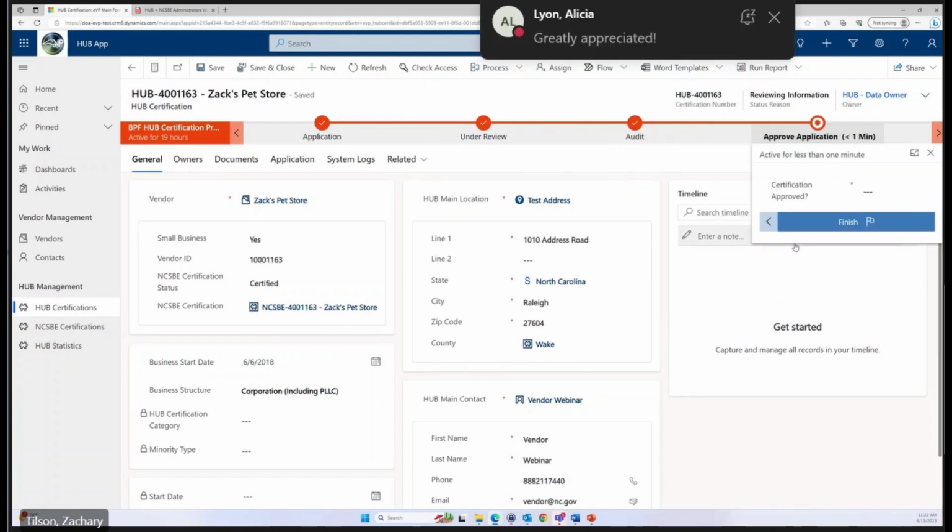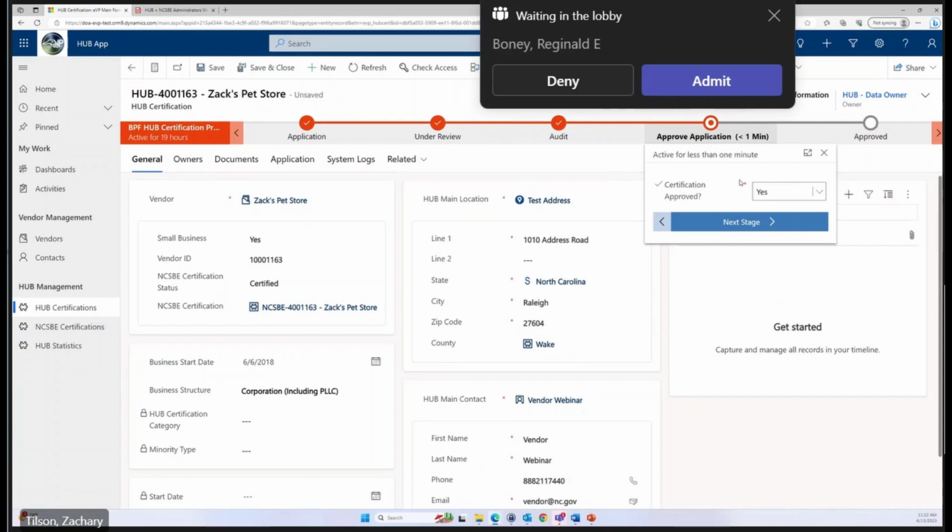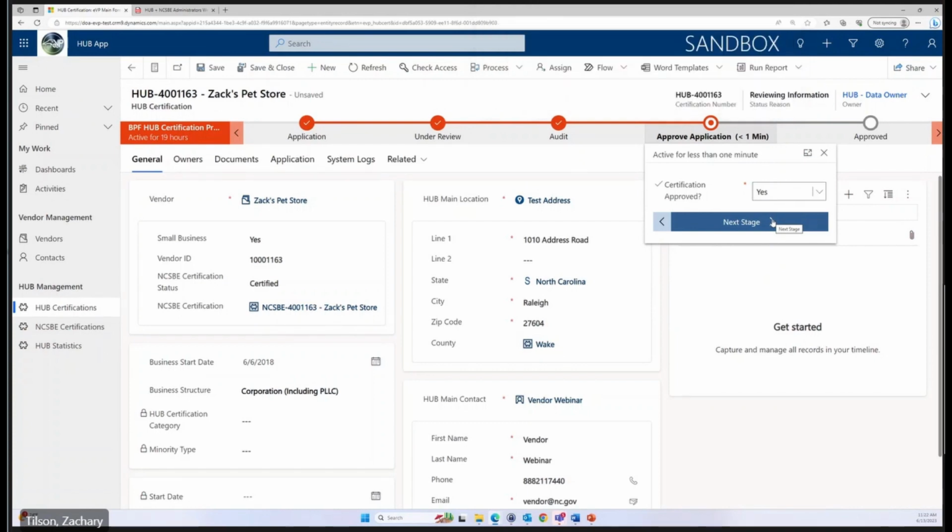And finally, we're in the approve application stage, so it's just going to ask us whether or not we want to approve it. So we'll go ahead and say yes. Once we do so, there's an approve stage added towards the end of our business process flow. And then we can hit this blue